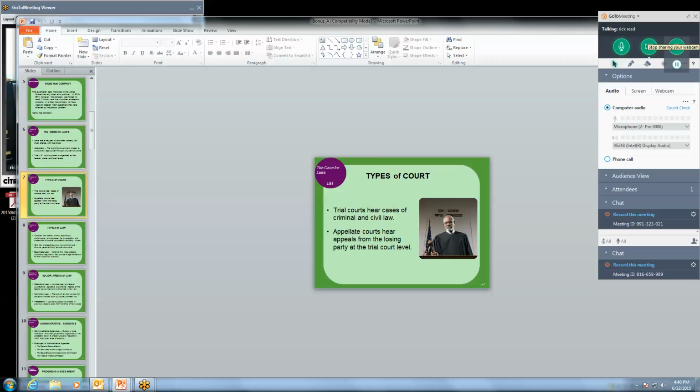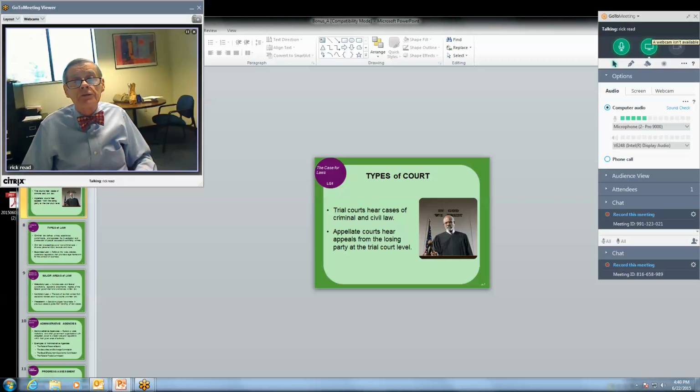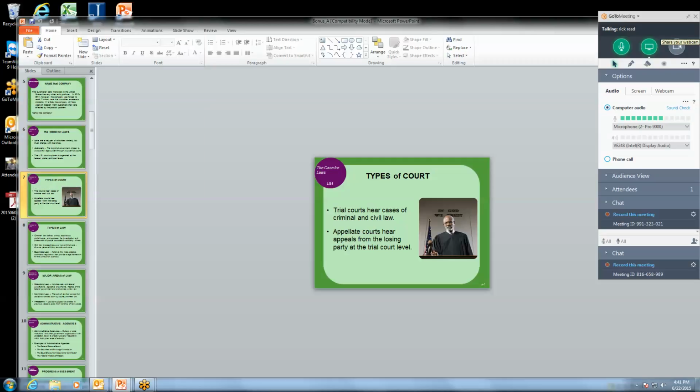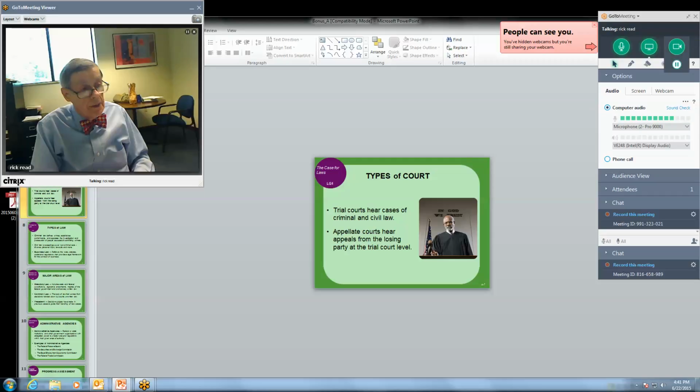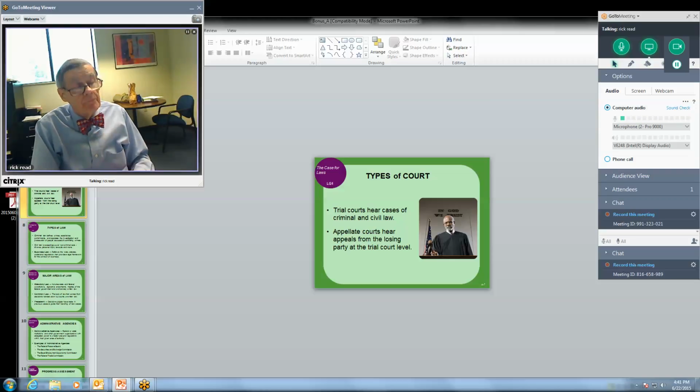Types of courts that we have, and this is going to give us just a little bit more. The gentleman here in the picture, I'm not exactly sure who that is, but he looks like an individual who used to play professional football for the Minnesota Vikings. I would tell you his name. I think it's Alan Peterson, but I'm not 100% sure of that. It looks like him, may not be.